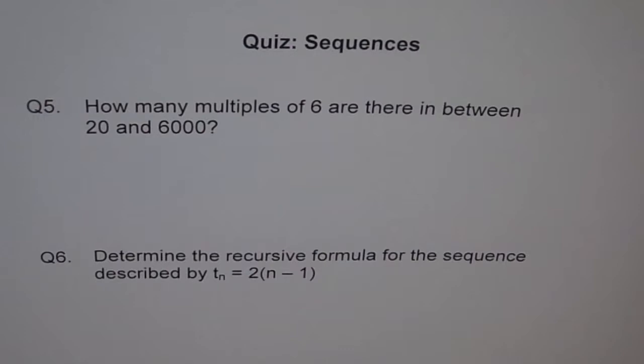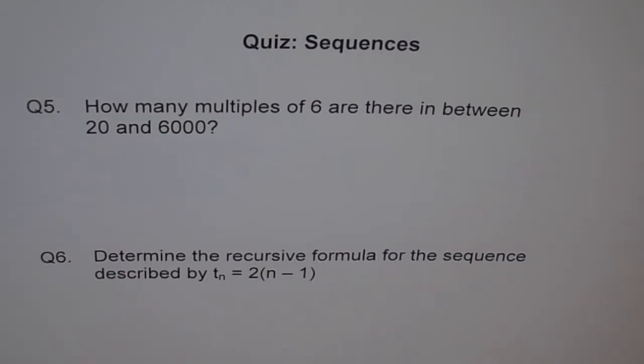Question 6. Determine the recursive formula for the sequence described by Tn equals 2 times n minus 1. So the general formula is given to you and you need to find out the recursive formula. I hope you remember what a recursive formula is. It relates the next term with the previous terms. Okay. Now,